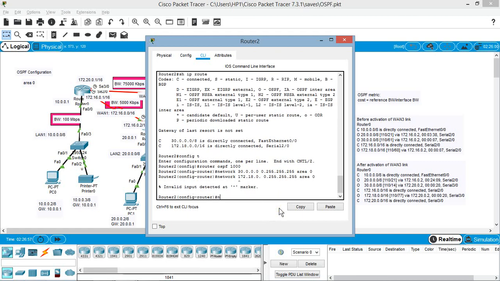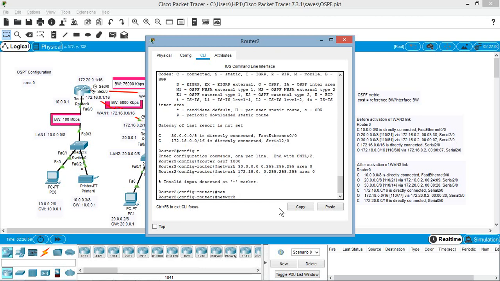So here let me write the command again. Network 172.18.0.0, wildcard mask 0.0.255.255 and area 0.